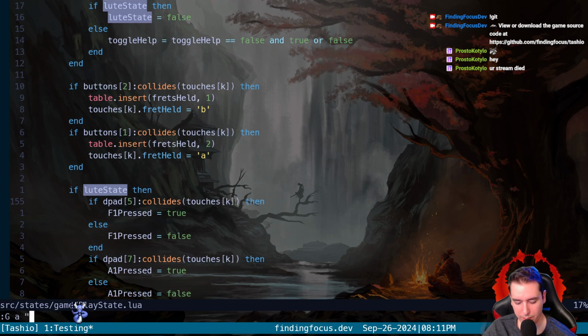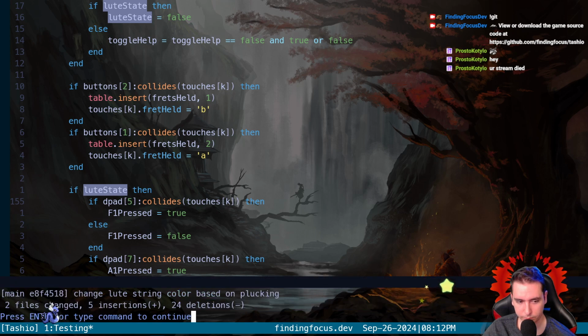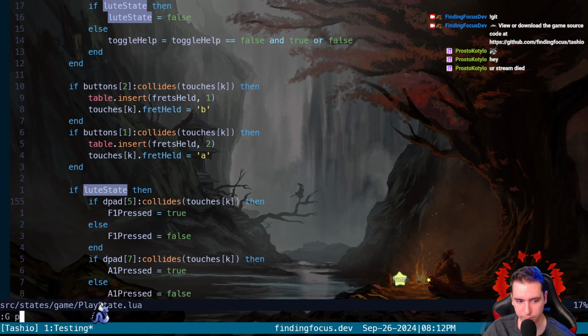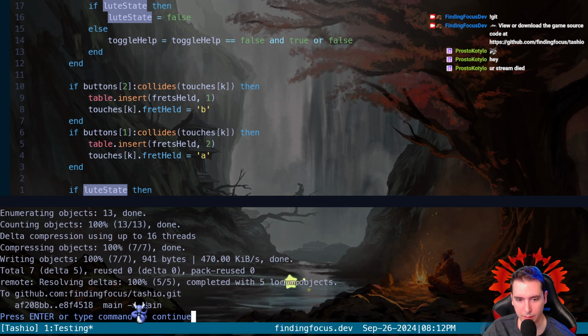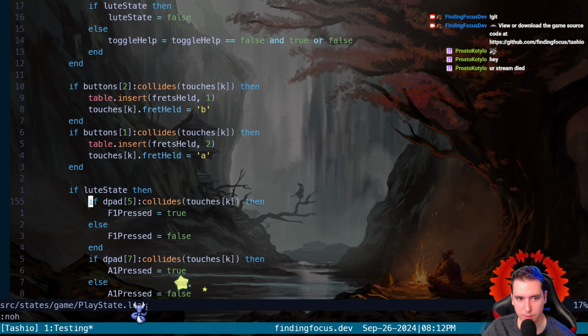We'll say that we change Lute string color based on plucking. And then we want to do this Lute class now.